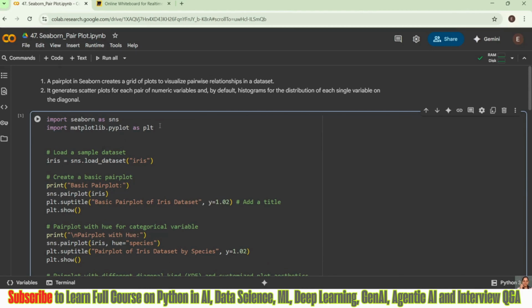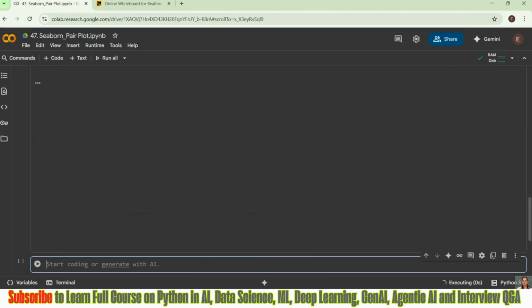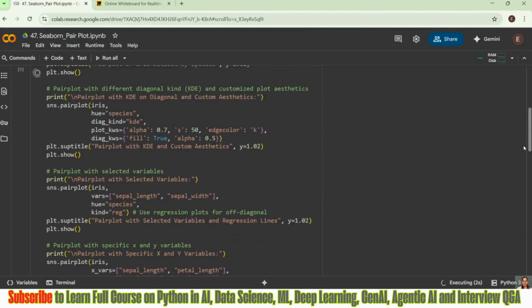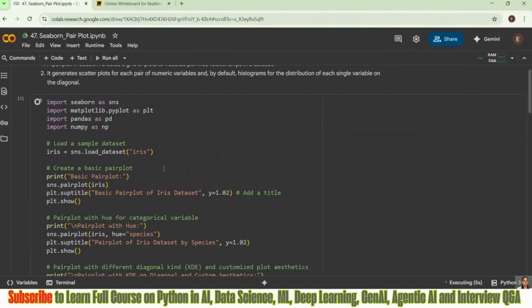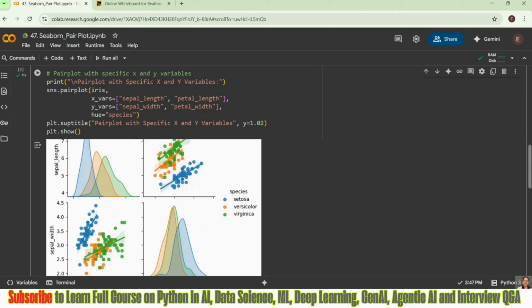Here in this case, I have taken the iris dataset. Import numpy as np. The iris dataset contains the sepal length, petal length, and all those things.